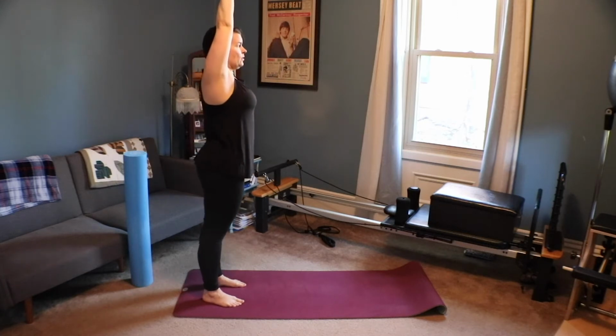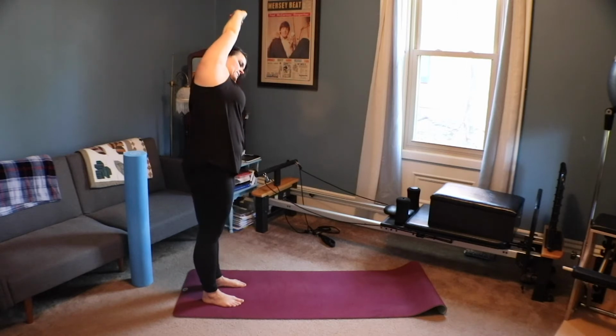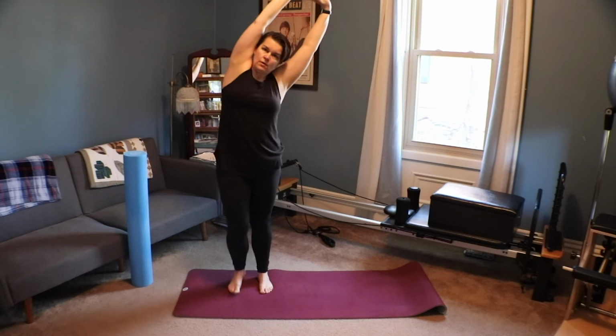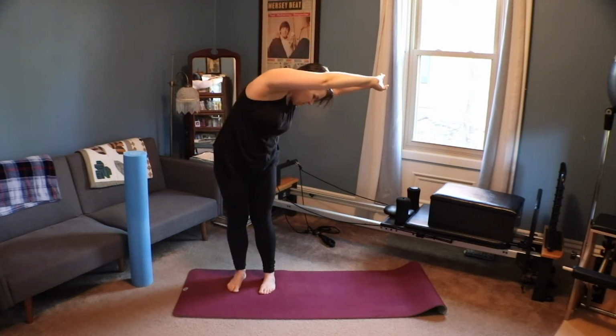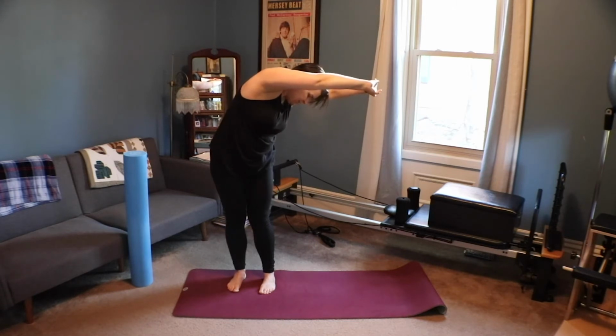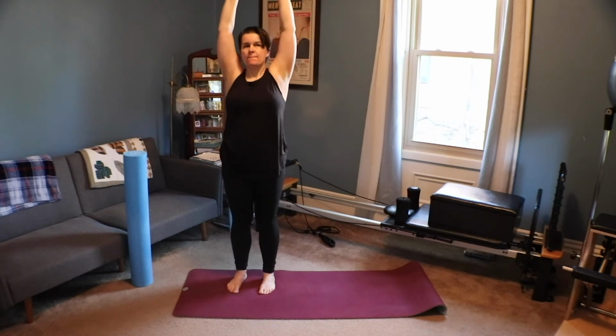are facing the ceiling, and we're going to bend over to the right side of the body, stretching nice and long, feeling it opening, twisting at the torso, twist the chest down to the ground while the hips stay facing forward, stretch it out here. On your next exhale, we're going to unfold and come back up through center,